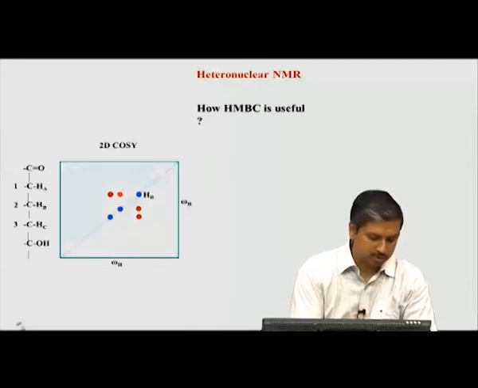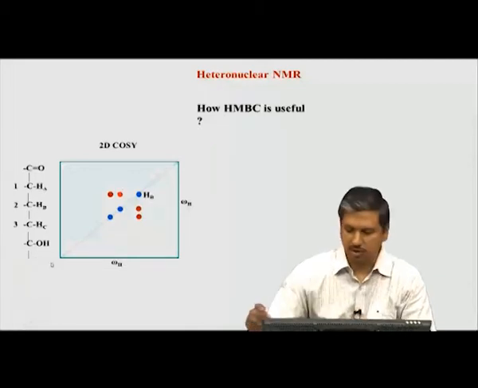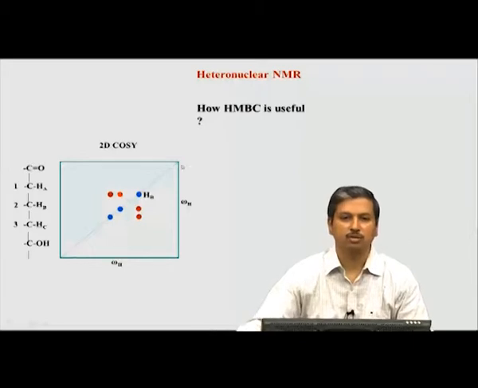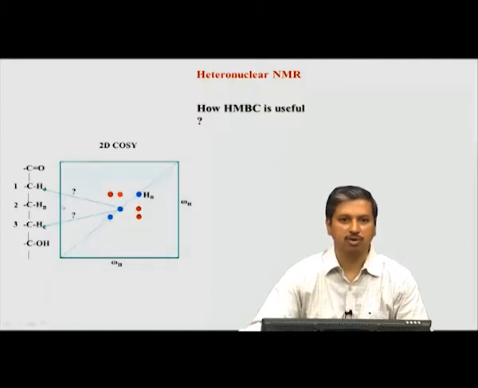Okay. So, this is basically telling us that this is the COSY cross peak between the H beta proton and the remaining 2 protons. But now the question comes, how do we know which peak belongs to which proton? Does this blue peak belong to H a or does it belong to H c? Similarly, does this one belong to H a or H c? So, one of them is H a, one of them is H c, but we do not know which is which. So, how do we find out that?